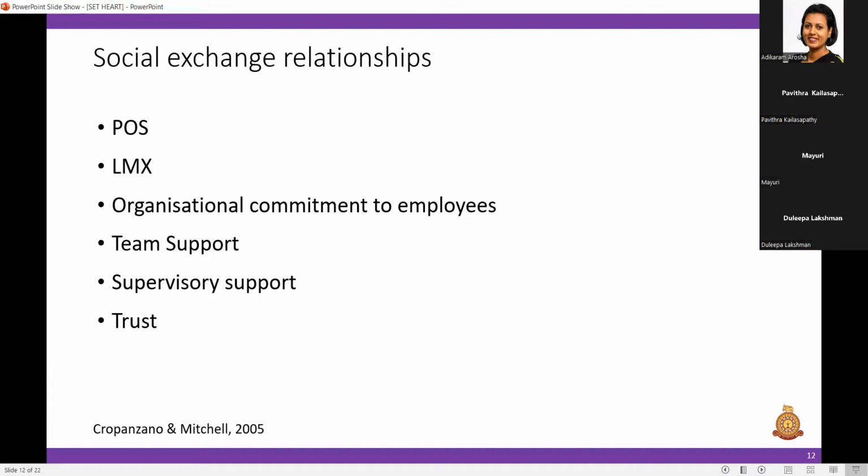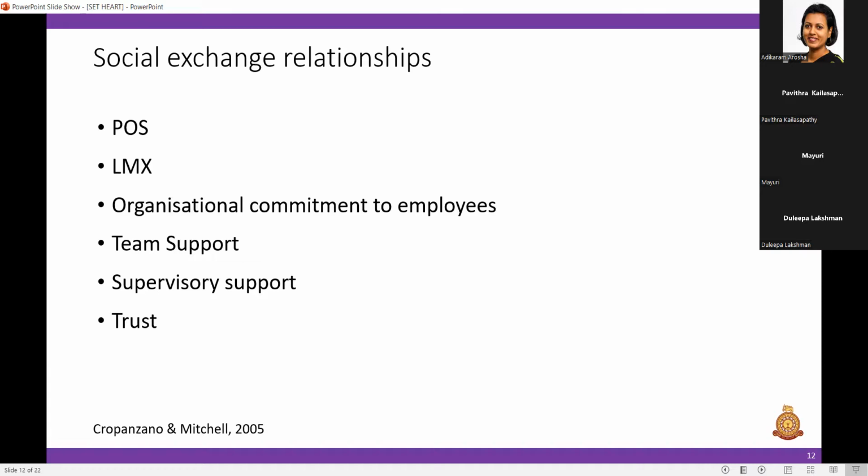as well as you can use these variables to establish relationships with various organizational and employee outcomes using social exchange